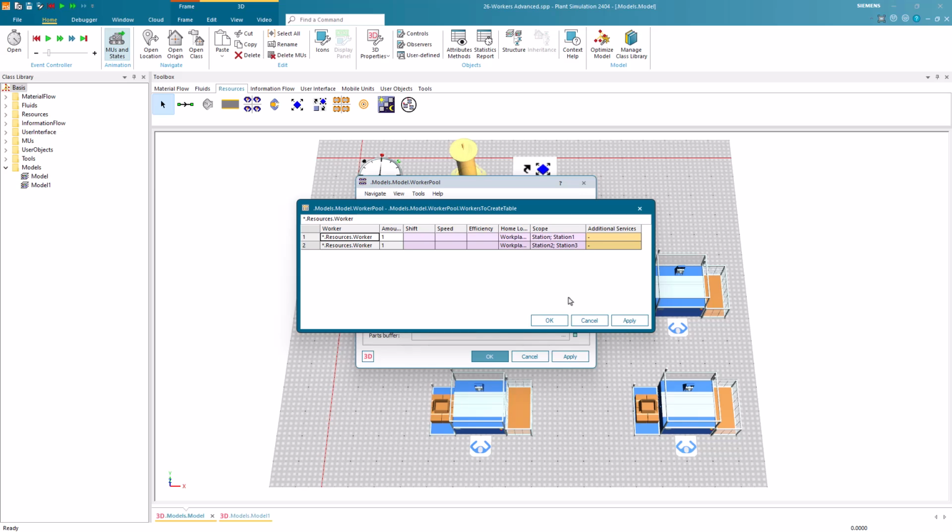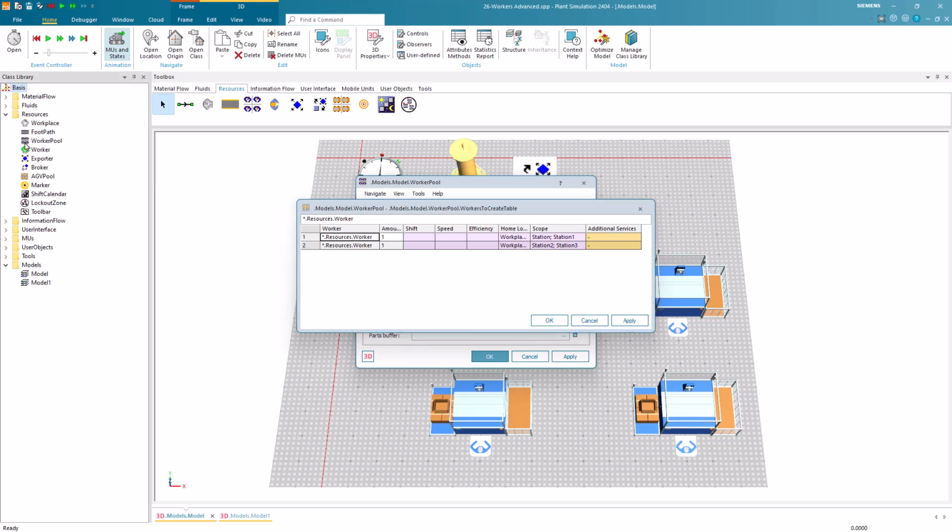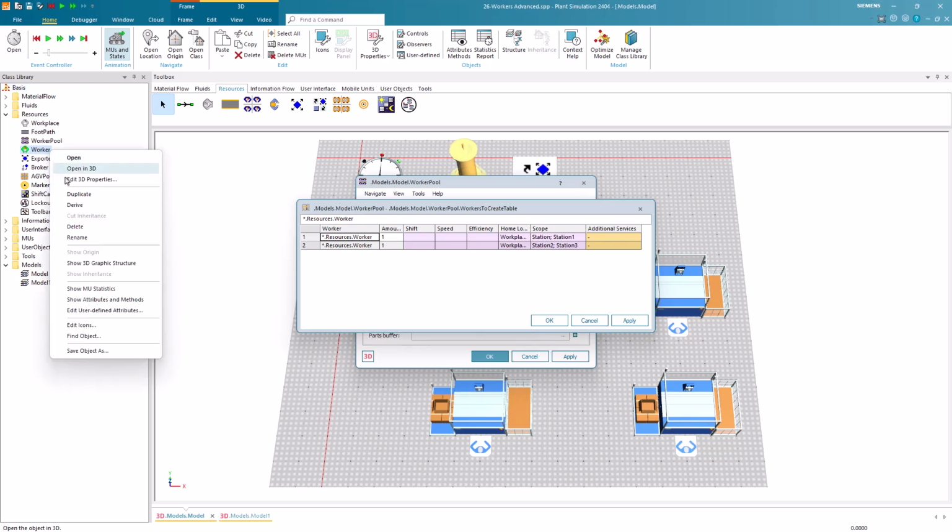To visually distinguish the workers, we will change their appearances. However, instead of duplicating the worker, we should derive it. The reason for this is that the workers use poses when walking. These poses are saved as graphics which require lots of memory and space in the model. So, instead of duplicating the worker, we derive it.